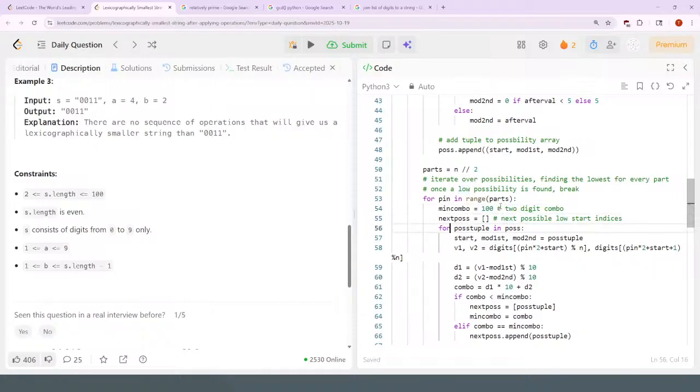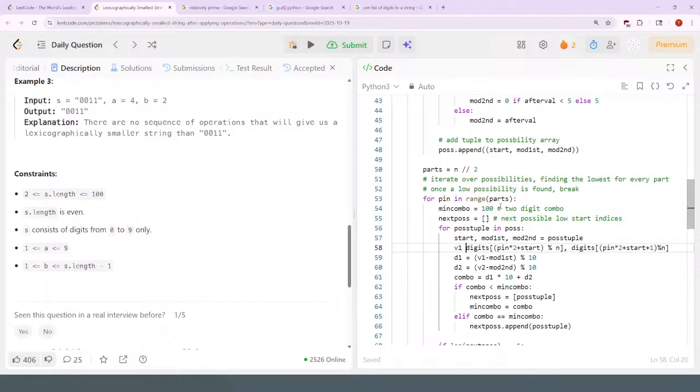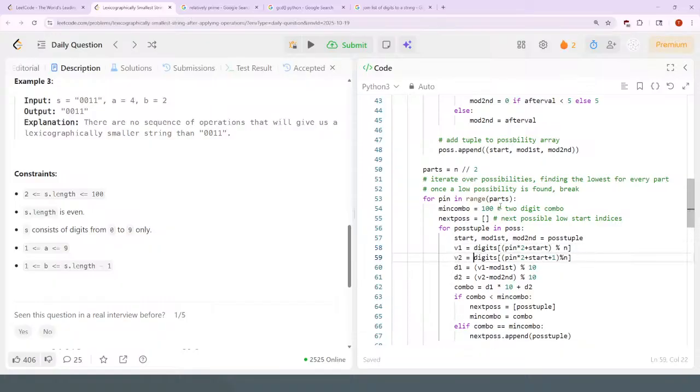The next possibilities is an empty array for every possible tuple. Start, first modification, second modification. The value, okay, I think this should just be two separate lines here. v1 equals this. v2 equals that. The digits after modification,